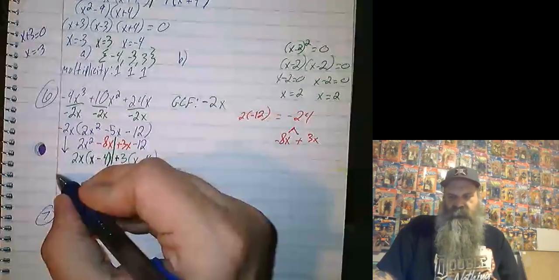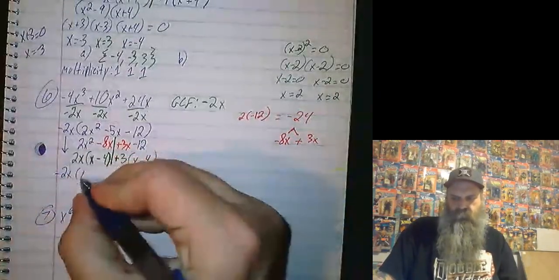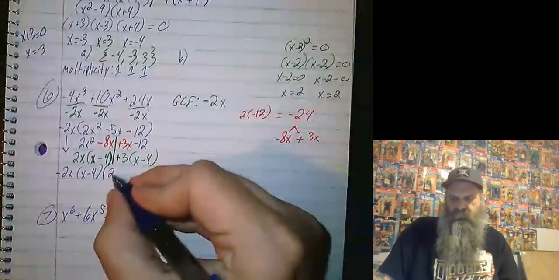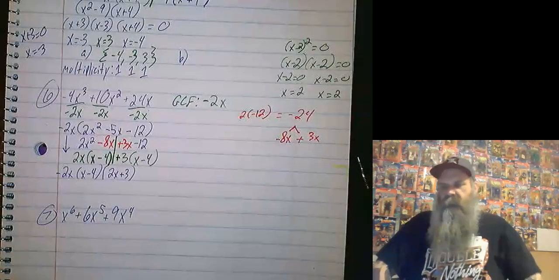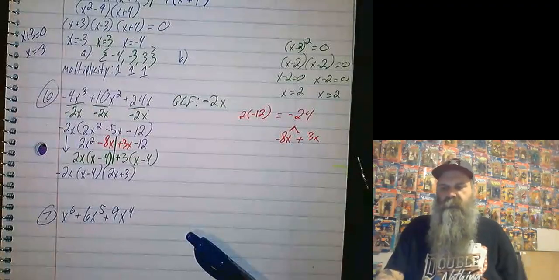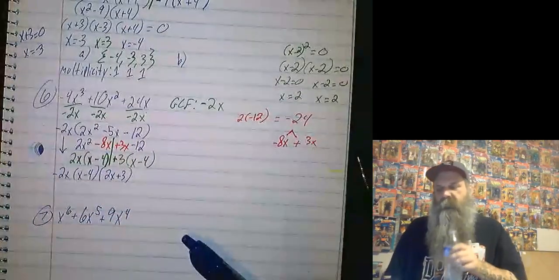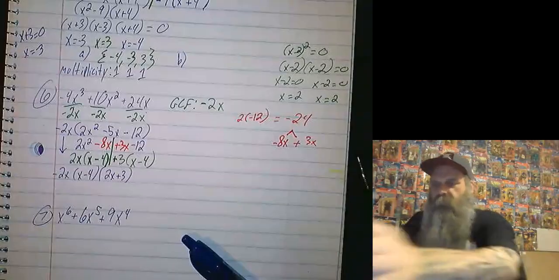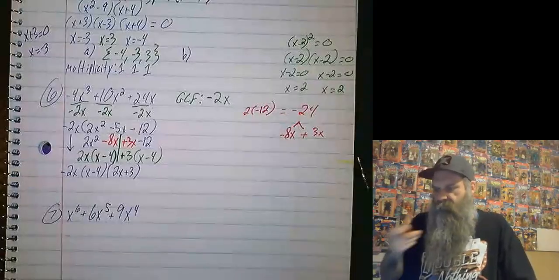And so what we have is our GCF times our x minus 4, we write once, and then the other pieces we factored out, the 2x plus 3. So again, I can tell from here that all of these factors have an exponent of 1 on the variables. And so,